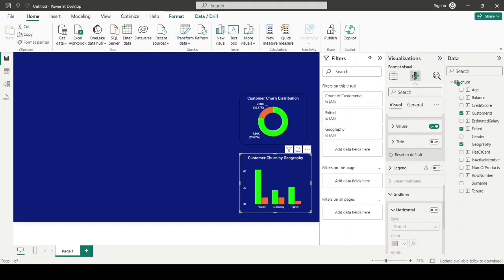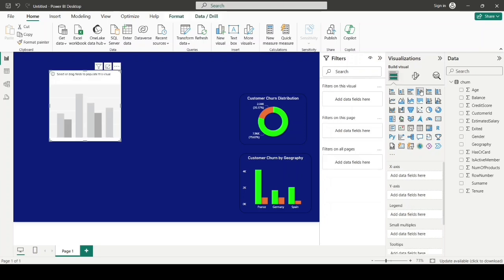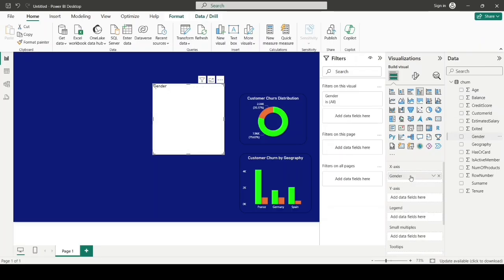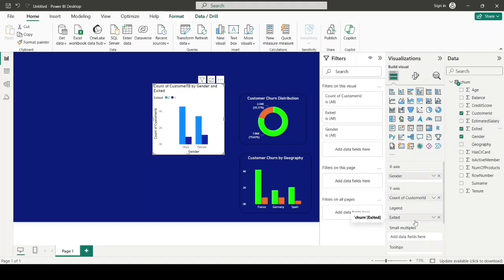So the next chart that we are going to create is customer churn by gender. So for that, again, we are going to use this cluster column chart. So here you can see under the x-axis that we are going to drag and drop gender, and customer ID under the y-axis, exit under the legend. All right,